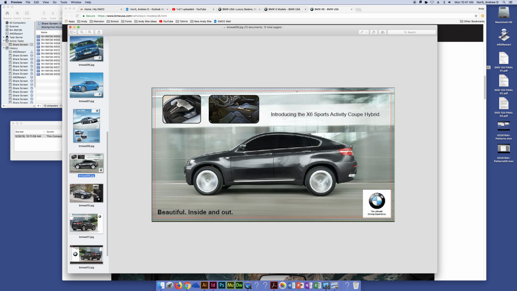We have bleed, and this was for another class, obviously, but so we have the safety, what will be the trim rather, and then the bleed. Since we're going to be working in InDesign, I'm going to be looking at your working files and not the output. But you can see again, pretty simply